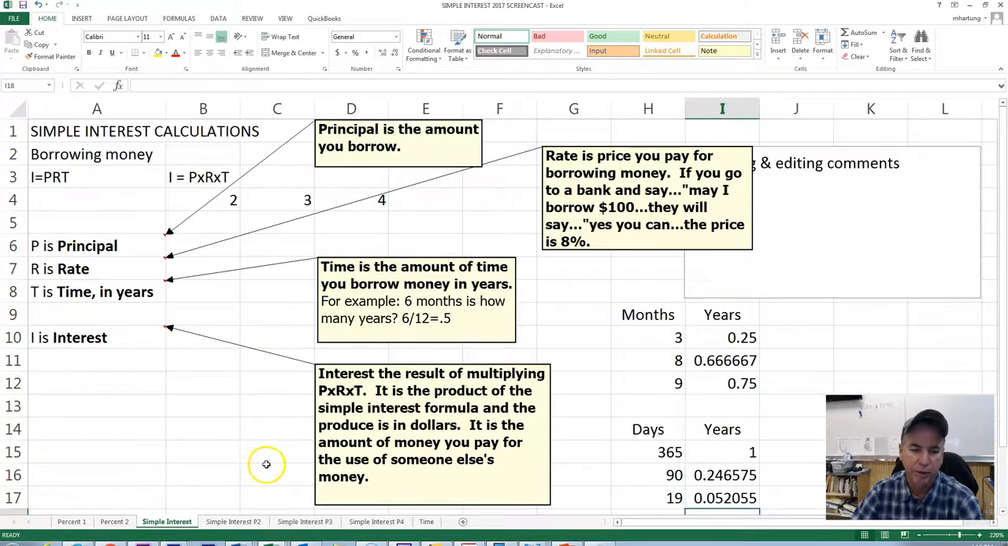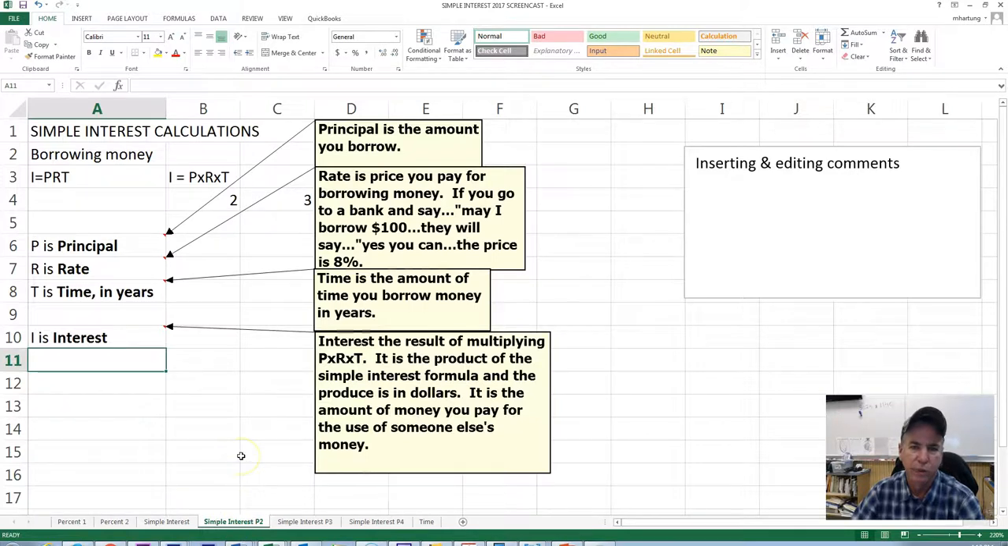Next up, we have another page here, simple interest page 2. You can click there. It's a duplicate, but there's a lot of things here we don't need because we're going to move on and actually start applying and building a worksheet for simple interest formula calculations. So let's go ahead, and the first thing we do is just learn how to